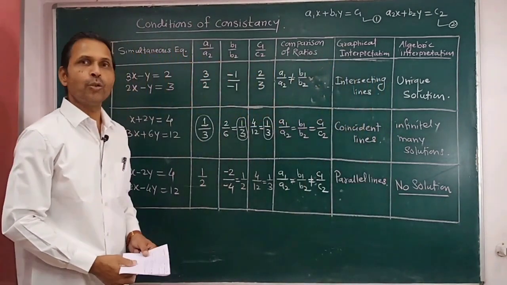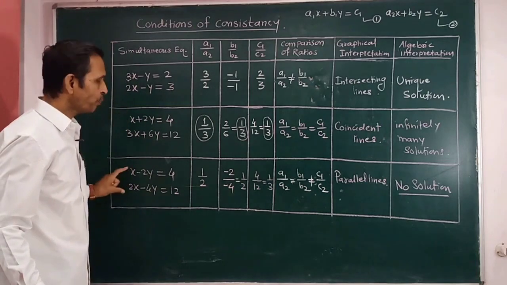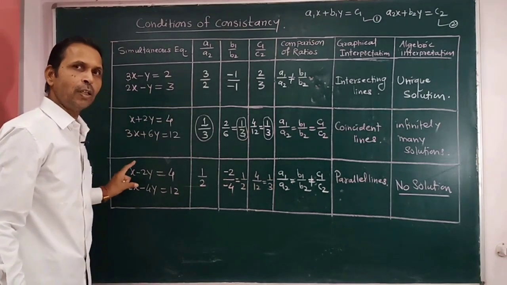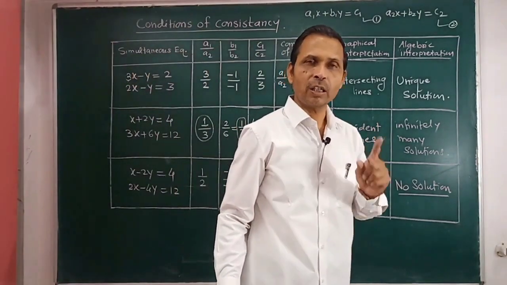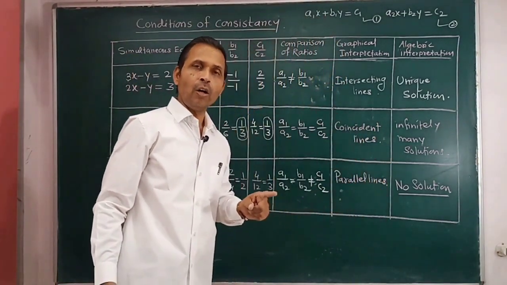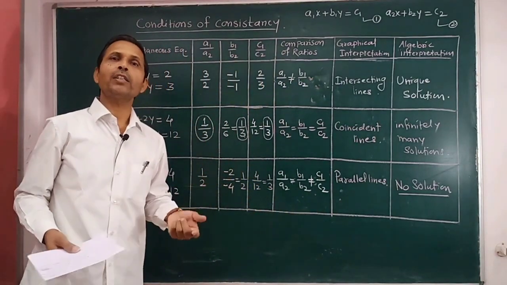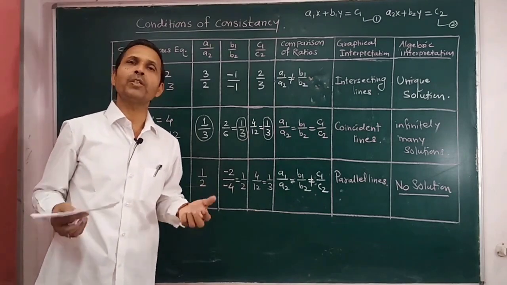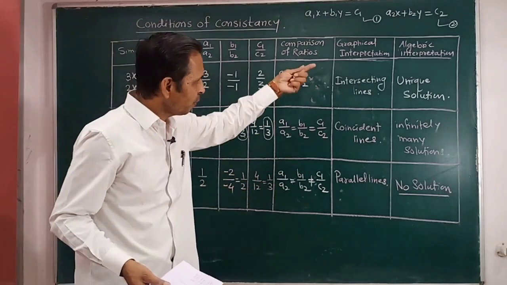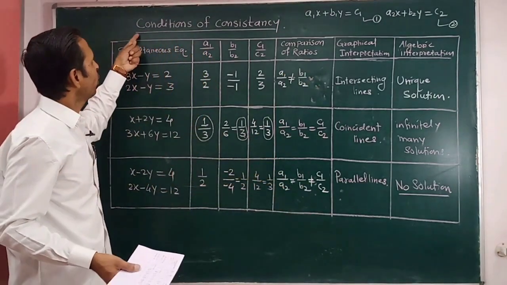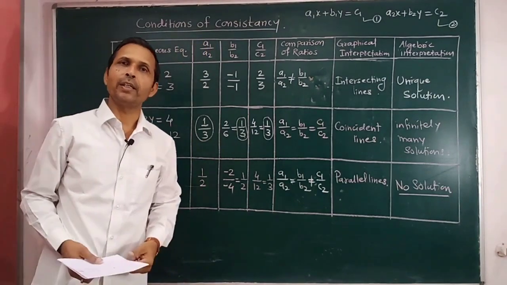Such lines have no solution, and that's why when we are given simultaneous equations, we can easily conclude whether the graphs of the lines are parallel, or the lines of such equations coincide with each other, or whether the solution of such equations is unique or not. In this way we can easily find the condition of the consistency of the given simultaneous equations.